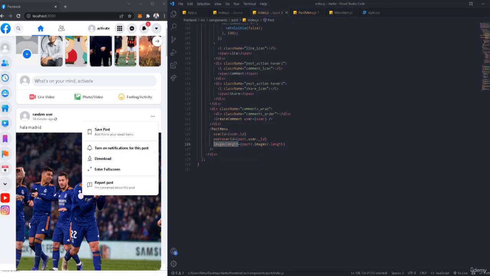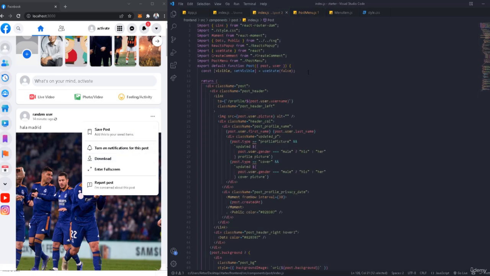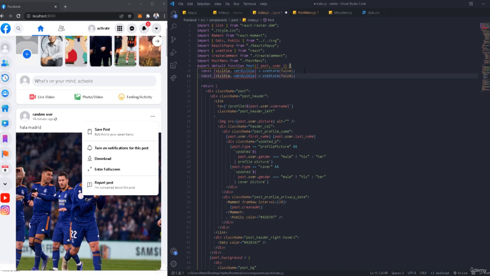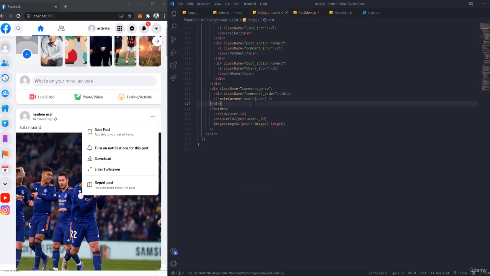So we can go back to the post. Let me create a new state. So this is going to be visible for what? I forgot for this one, so I'm just going to add another one. Let's call it show menu. This is going to be show menu, and this is going to be set show menu, like that. And then when show menu is true, then we're going to show this icon right here, or this post